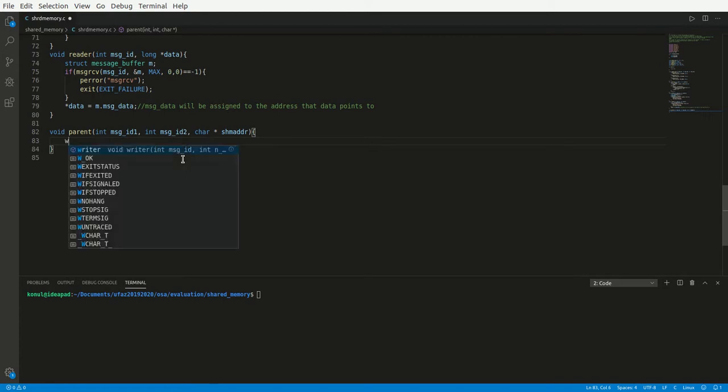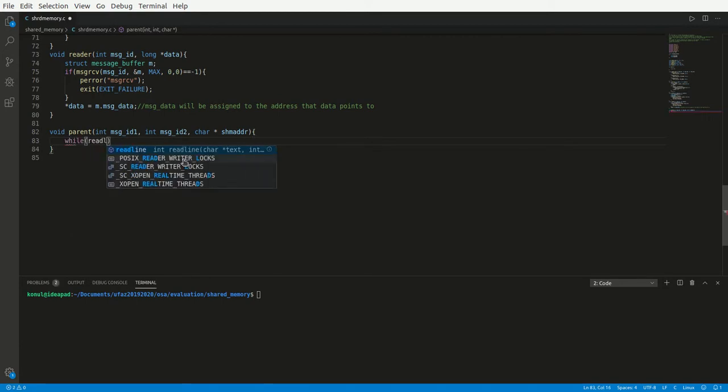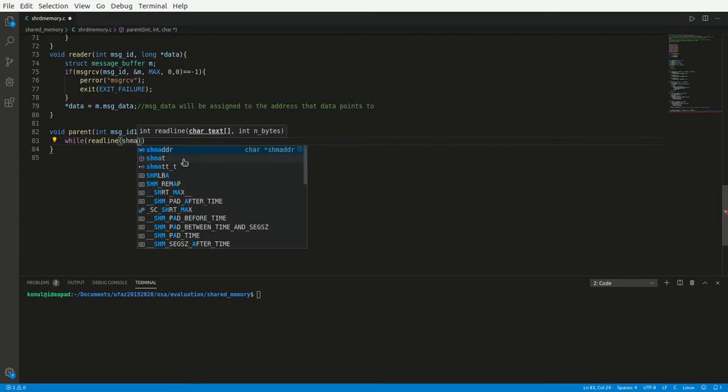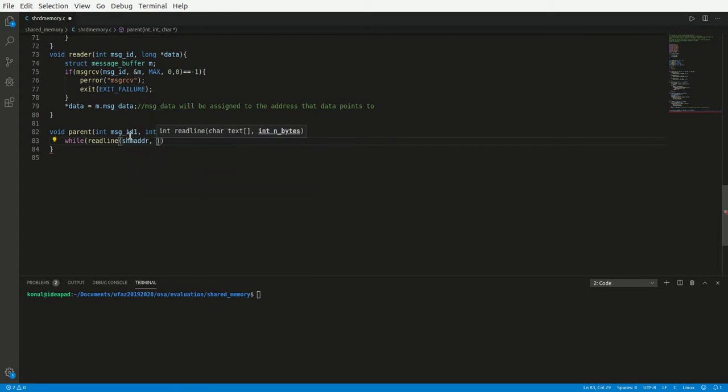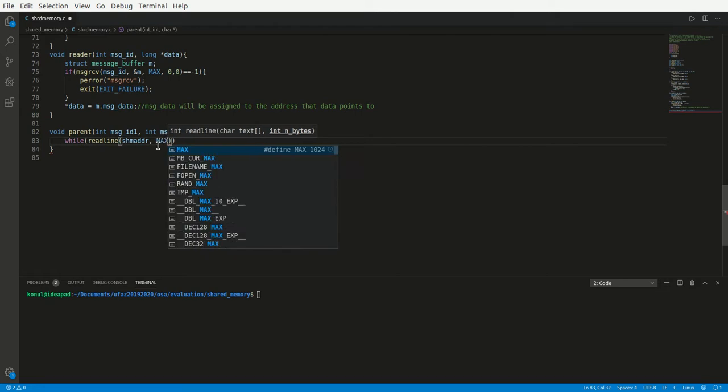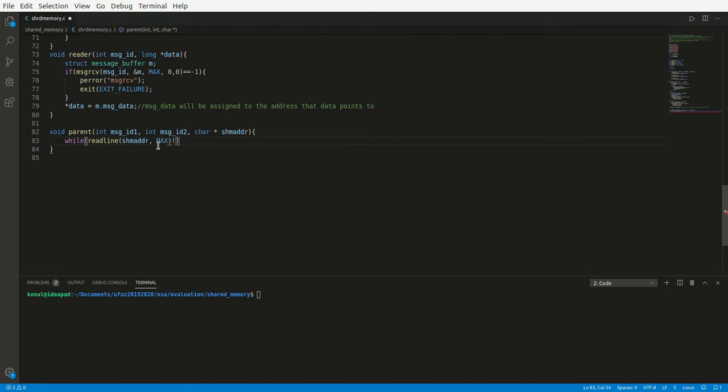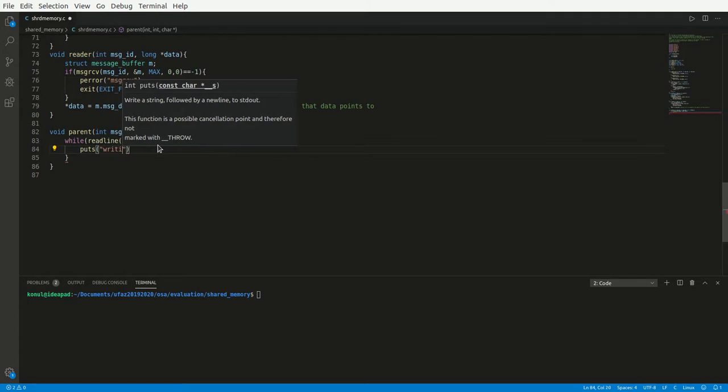So the parent process firstly is going to read, and here as the first parameter I'm going to pass SHM address, because I want to store whatever the user has entered from the standard input in the SHM address, and the number of bytes I'm going to pass as maximum. Why is it unequal to EOF? Firstly, I will just put writing to the queue,